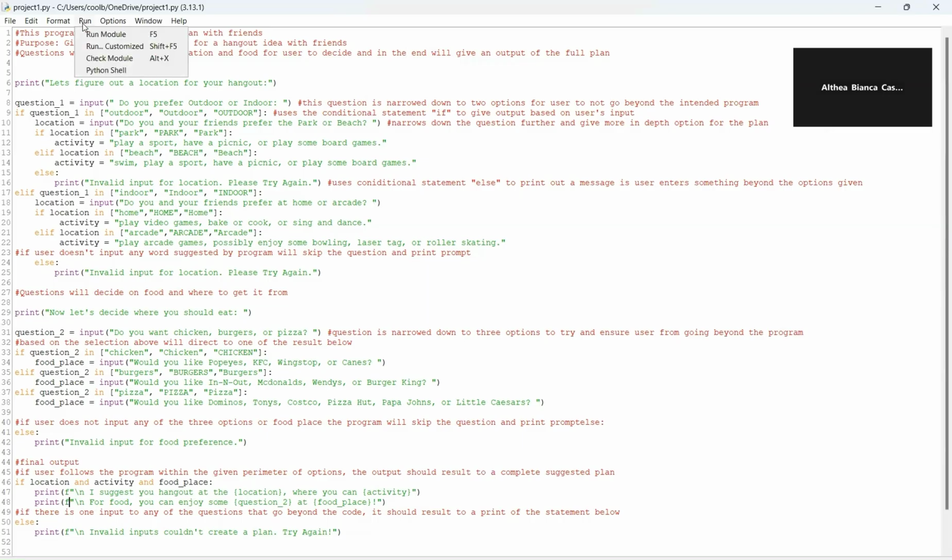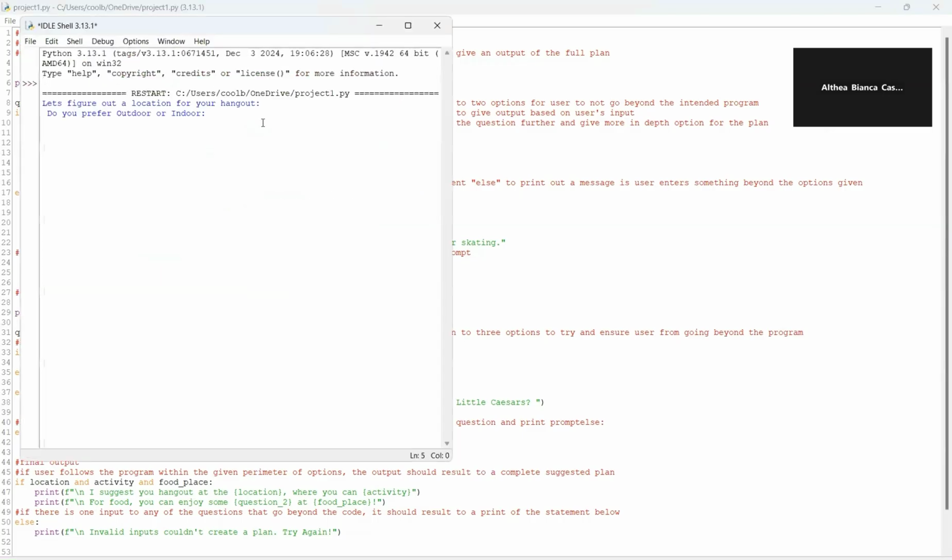Now let's try running the program. Like I've explained, let's first do when the user does not follow the program. Let's say the user follows the program on the first section, however decides to go a different route for the second question.